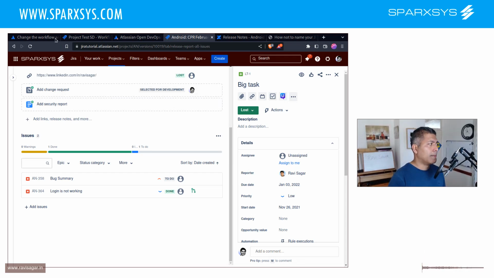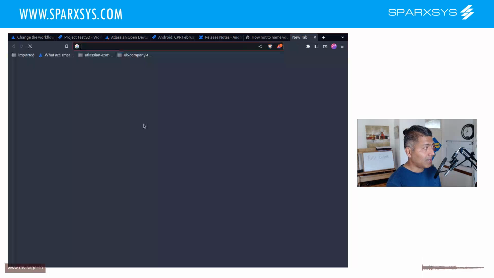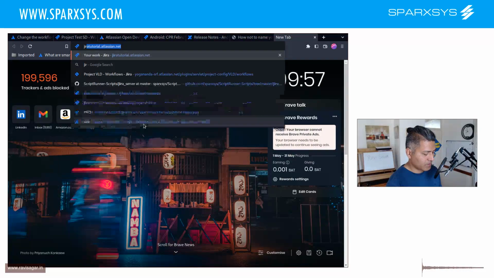But at the same time, because Atlassian keeps on adding new features to Jira Cloud, which is, I believe, definitely good, they don't really make it available to everyone instantly. I think sometimes you can sign up, sometimes you have to basically wait for your instance to get those updates. The last update is actually about Jira